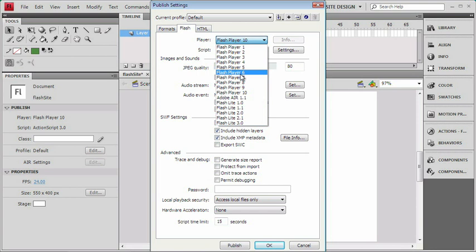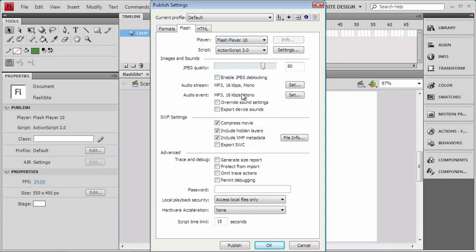Now, notice we can also target versions of the mobile player, that's Flash Lite down here at the bottom, and the new Adobe AIR, which allows me to take my Flash movie and deliver it as a compiled application that my user can install. For our movie, we're just going to leave it at Flash Player 10, and I'm going to